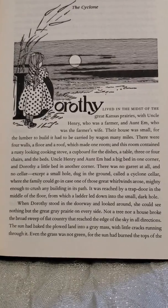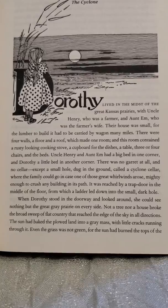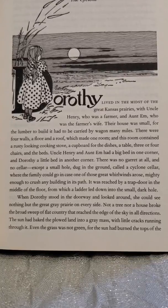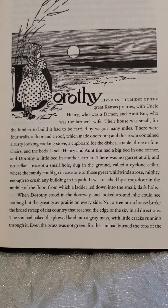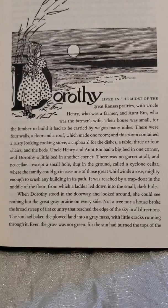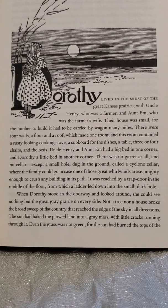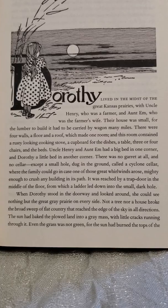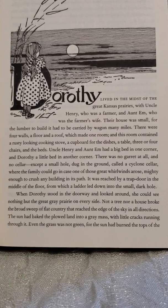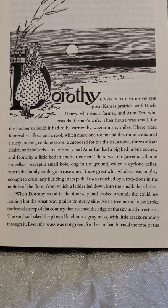Chapter 1, The Cyclone. Dorothy lived in the midst of the great Kansas prairies with Uncle Henry, who was a farmer, and Aunt Em, who was the farmer's wife. Their house was small, for the lumber to build it had to be carried by wagon many miles. There were 4 walls, a floor, and a roof, which made one room. And this room contained a rusty-looking cooking stove, a cupboard for dishes, a table, 3 or 4 chairs, and the